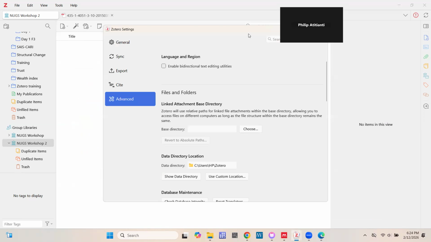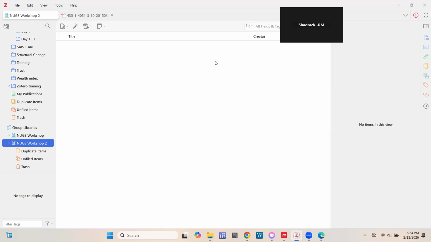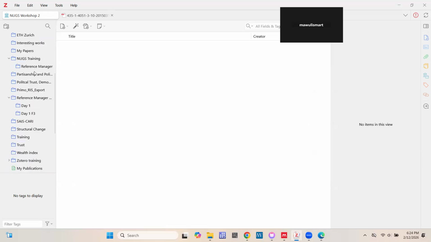I have a question. Okay, so let's take it one after the other. So I couldn't see them. You can come in. Okay. Yes, please. There are other icons that you didn't take us through, like duplicate items and unified item. How do they work? Come again. The duplicate item and the unified items, how do they work?